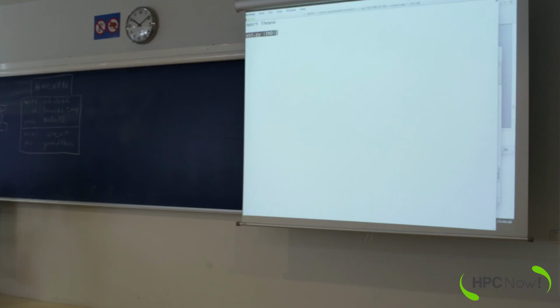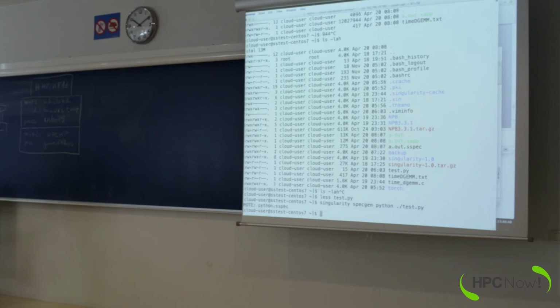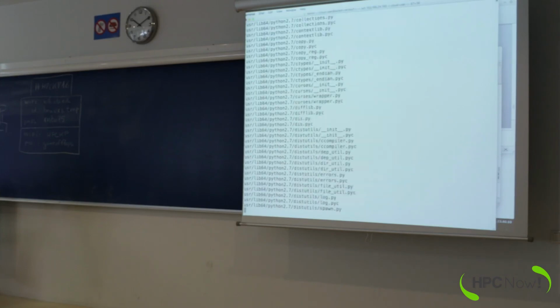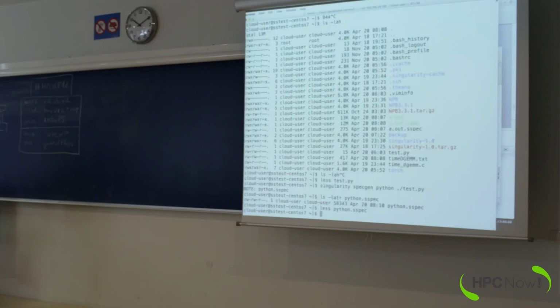So one thing I also did is this is a very simple Python script. I just import Theano in this Python script, so I can do a singularity spec gen and Python. I haven't actually really tested how well it works, but okay, it wrote this Python spec, and basically it's 58 kilobytes. So if we start looking at it, it basically imports a bunch of Python packages for Theano, which is NumPy and SciPy and all this stuff. And I can actually then, that was fast, but then if I start building it,